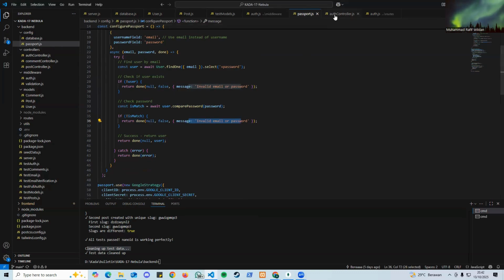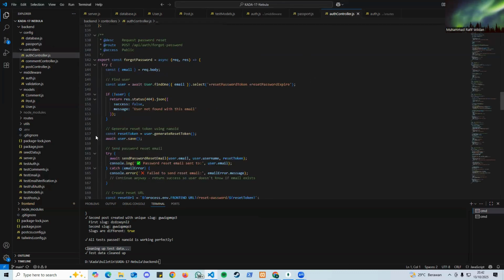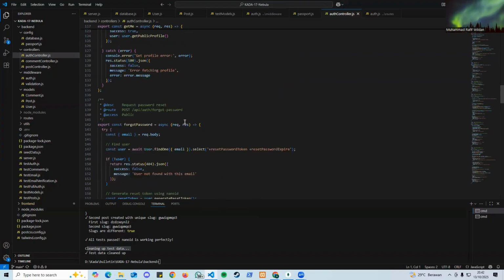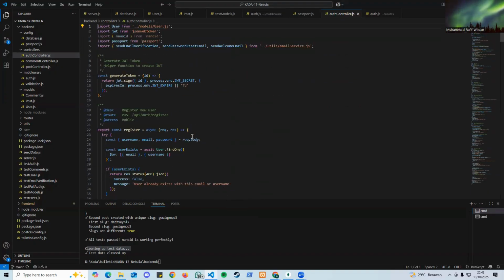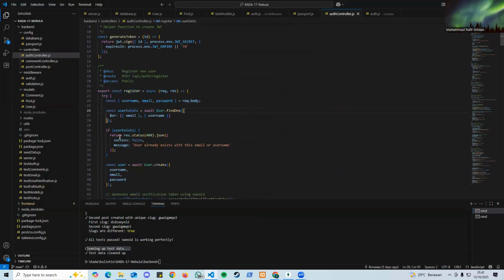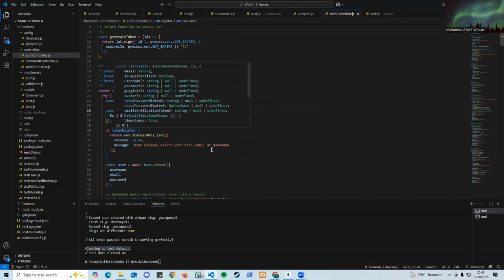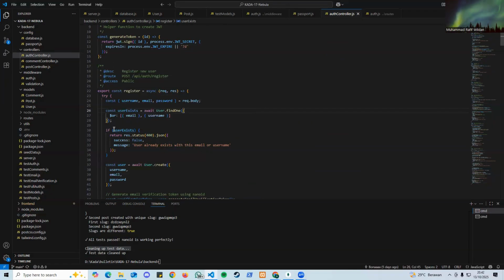Lalu kita berlanjut membuat auth controller, yang di mana di sini semua logika utamanya disimpan. Contoh dari register, ini untuk generate token JWT-nya. Apabila sudah ada, di sini dapat keluar user already exists with this email.